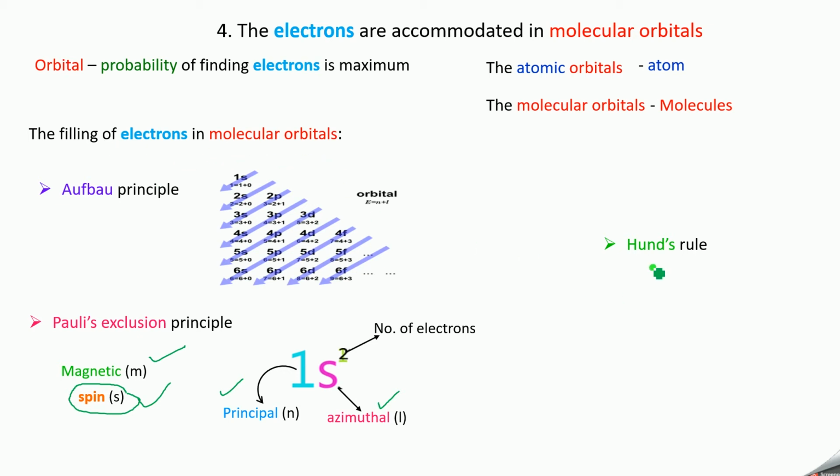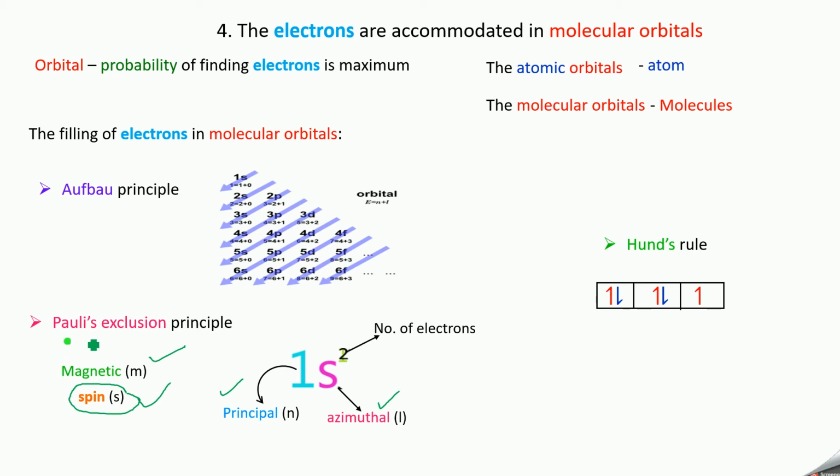The third rule is Hund's rule. In atomic structure you have learned px, py and pz orbitals. All three orbitals will have the same energy. Suppose you have 5 electrons, how do you fill these orbitals? First you have to fill these orbitals with 1 electron each, and then you have to pair them. So like this, 1, 1, 1, and then the next electron you pair like this. So for these two electrons, this electron will have the spin plus half and this will have minus half.